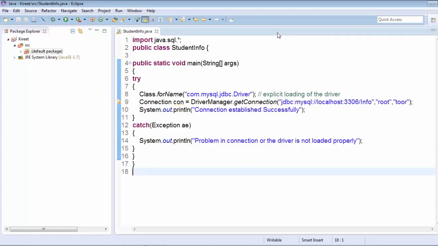So in order to solve this problem, we have to install the connector. Now the connector is important. The connector is the driver. So we have to install the type 4 driver in our system, and locate that particular type 4 driver in our project, so that the JVM can easily load that driver into our memory. There is a problem that it is not able to locate the particular driver.